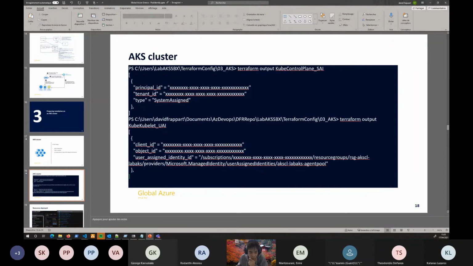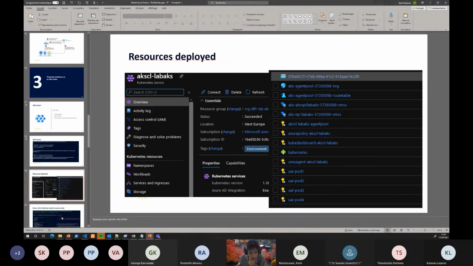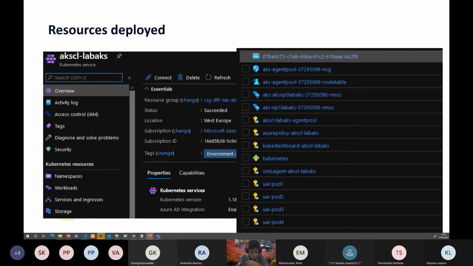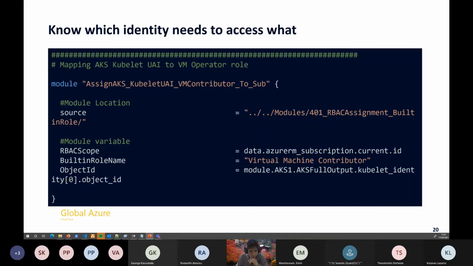If you are confronted with some error, probably you will get an error stating that the identity with the client ID or the object ID, which is not written here, has trouble accessing some resources, and then you will be able to understand that you have a lack of role definition. Okay, so this is what I showed you just earlier on my portal. This is the same. So you need to assign the role. On my part, since I'm doing everything through Terraform, I configured that through Terraform, and it was configured prior to this session. I already provisioned my cluster.